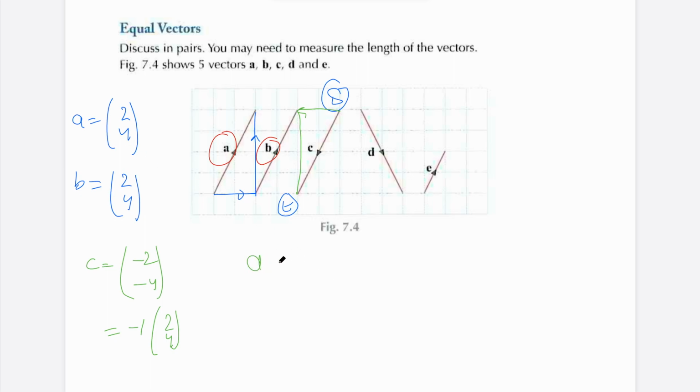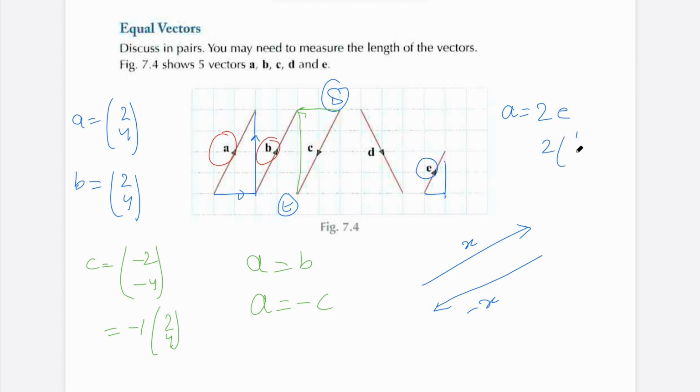So if I need to write, I can say A is equal to B, and in case of A and C, I can say A is equal to negative of C. You need to understand one more thing. If you are given vector X, then negative X would be exactly equal in length but opposite to the given vector. We can also write for E, A is equal to 2 times E, because E is (1, 2). See for yourself, if it is (1, 2), A was (2, 4). You simplify them